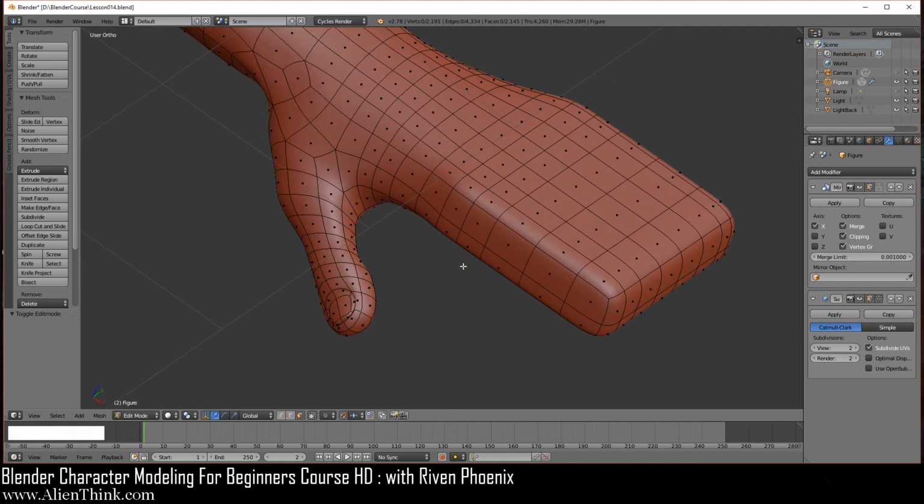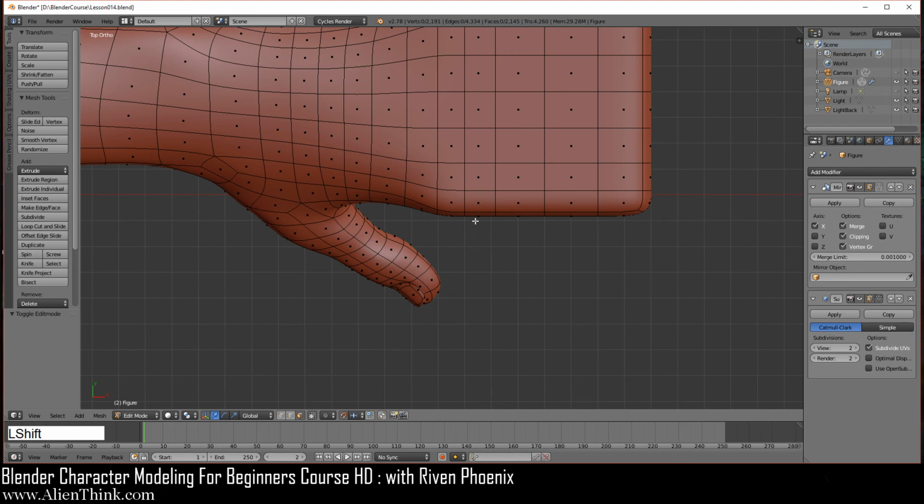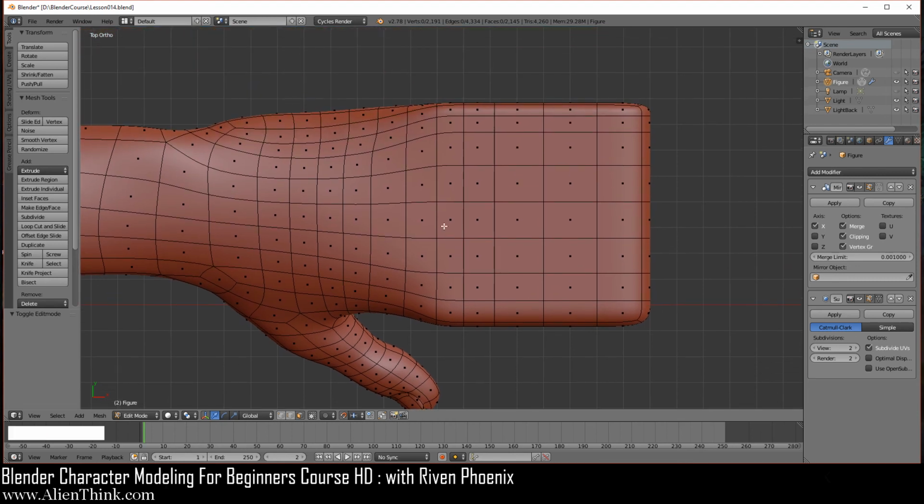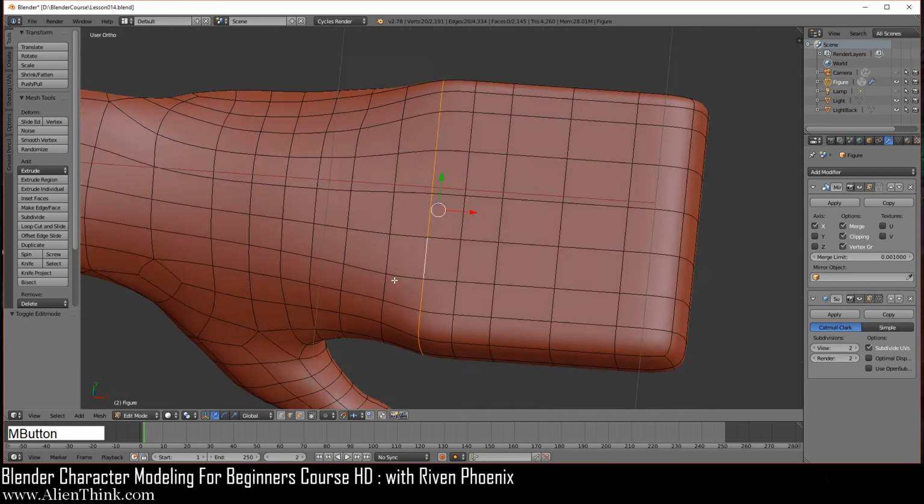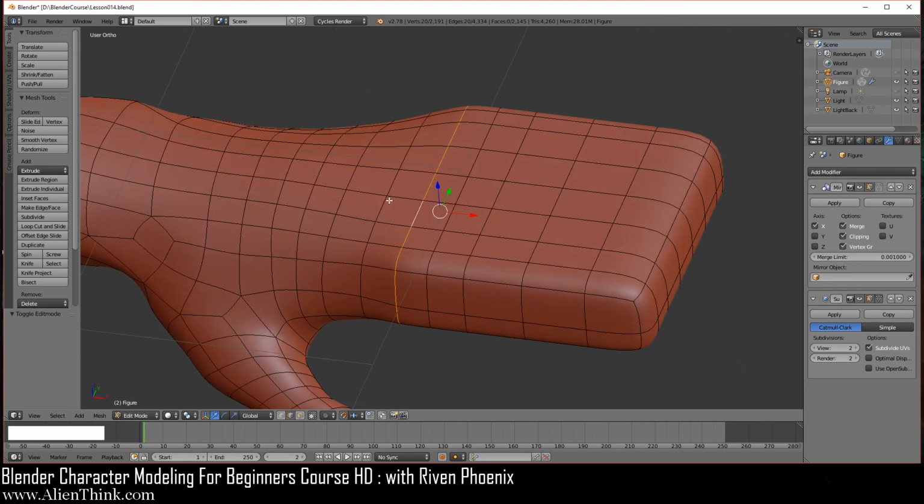So let's go ahead and go to the top view first and Shift and middle mouse button to pan this over here. What we want to do is select this edge. So let's switch to the edge select mode, Alt key down and just right click this one. Now I'm going to press the period key to home in on it. So this allows you to use the middle mouse button to rotate around.